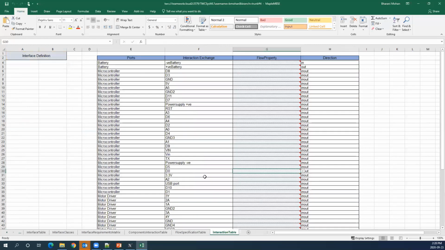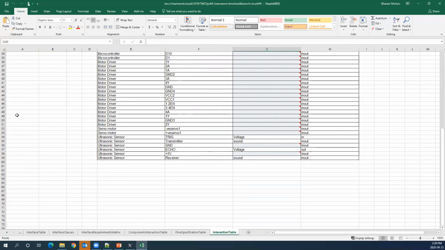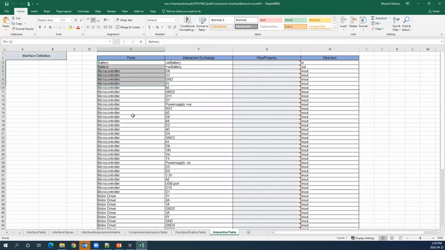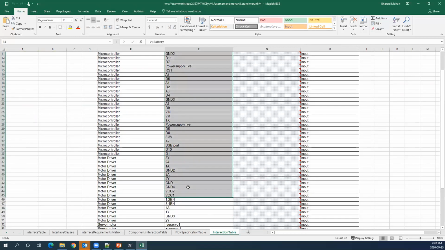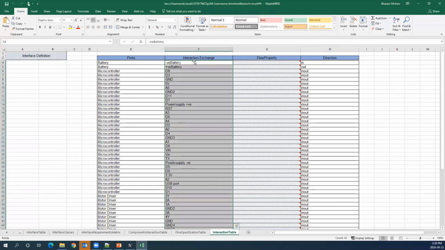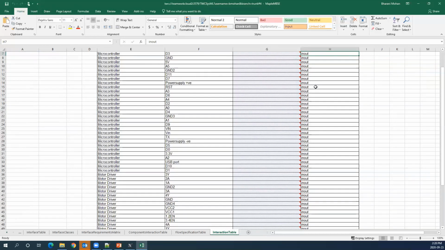And now if I go on to the next worksheet, here I'm listing all the different ports that are available for my obstacle avoiding robot. What are the kinds of interaction exchanges that are happening here? By interaction exchange, I mean nothing but the kind of properties that this port has, and I can give a flow property for it and assign a direction for it.